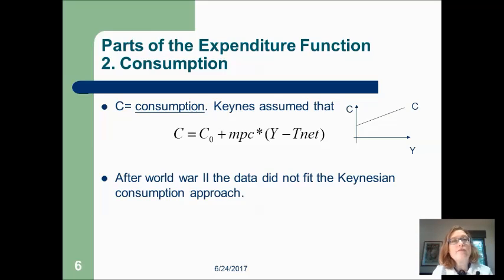We had several models that explain the behavior of the consumption of the consumers. Keynes basically said that the consumption is a function of the disposable income. He meant that every year the consumer decides how much to consume according to that year's disposable income. I remind you that disposable income is Y minus T net. So C equals C0 plus MPC times (Y minus T net). And this kind of function assumes that even if we have no income, we consume something. That's the C0.